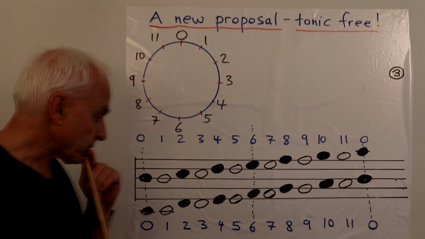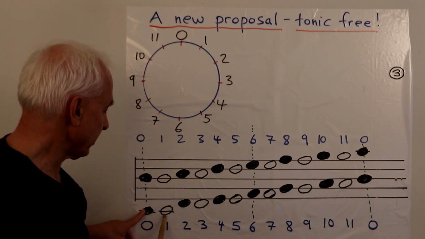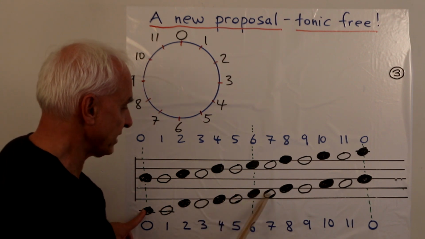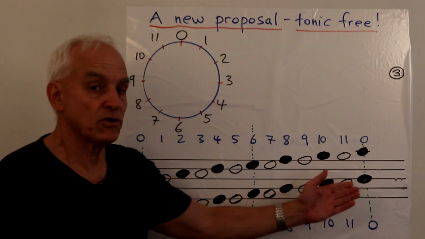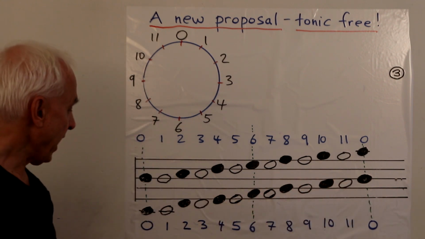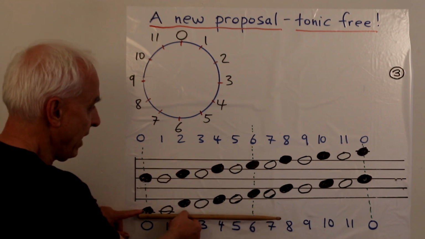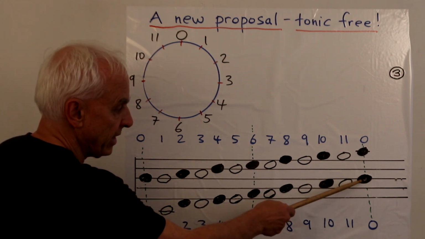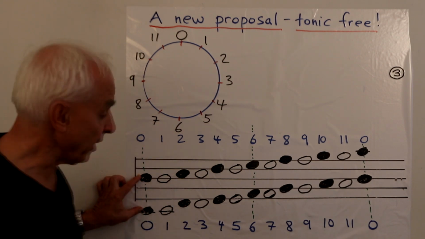Okay, so we're going up by one step, 1, 2, 3, 4, 5, 6, 7, 8, 9, 10, 11, 12, or 0. That's our 12-tone chromatic scale, and we've started on this line here just below the regular staff, and we've gotten up to this middle line here. So we've gone basically from here to here, so that's an octave for us.